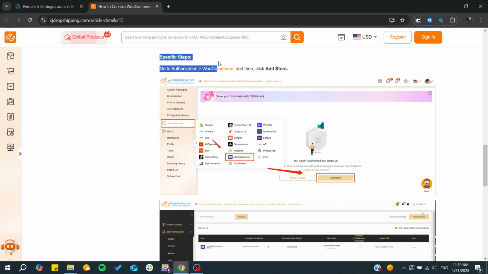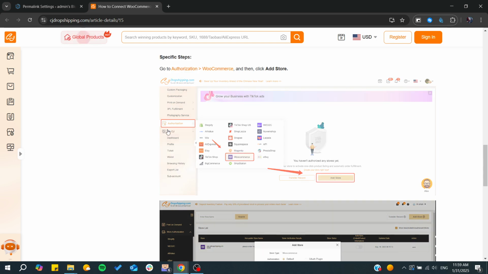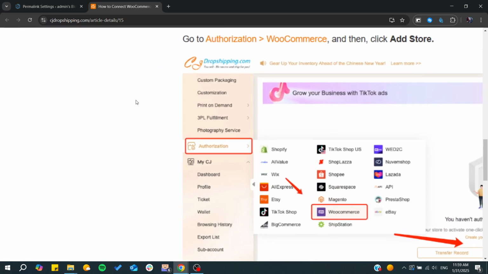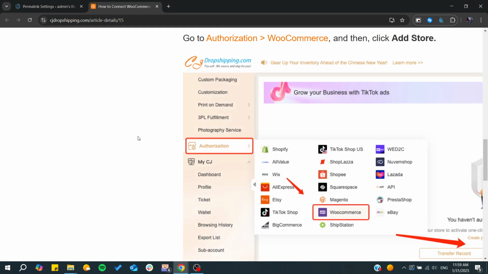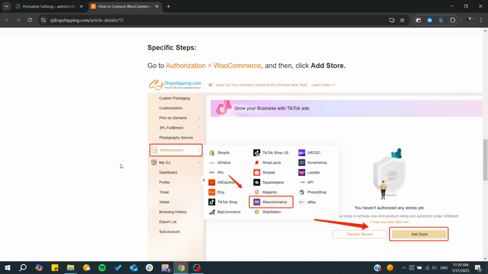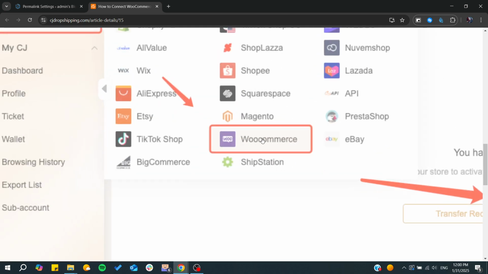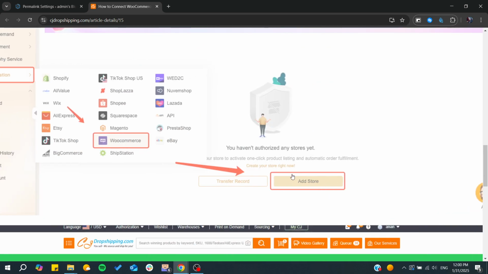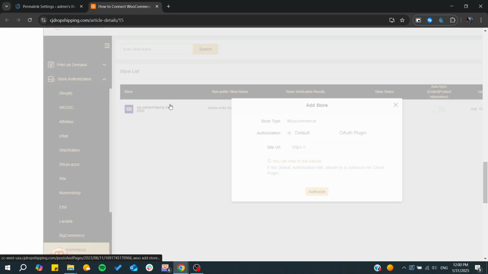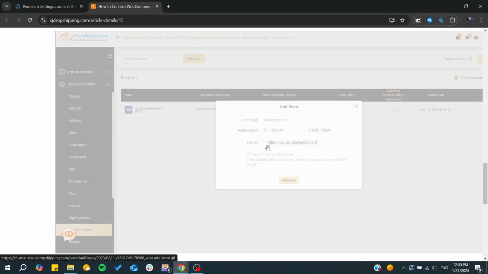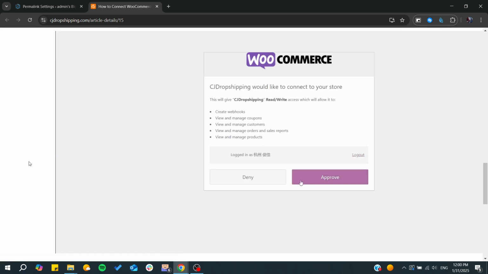Now you will need to go to your authorization in CG dropshipping, and basically in your menu you will have authorization. After that you will need to click on WooCommerce, and then you can start to add your store. Now you will need to add the site URL, which is your own WooCommerce store,